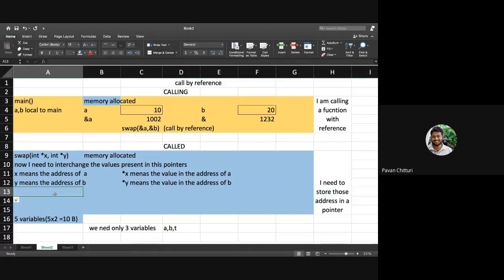Which is nothing but I have to take an intermediate variable t. So t is equal to star x, star x is equal to star y, star x is equal to t. So this is how we do it.